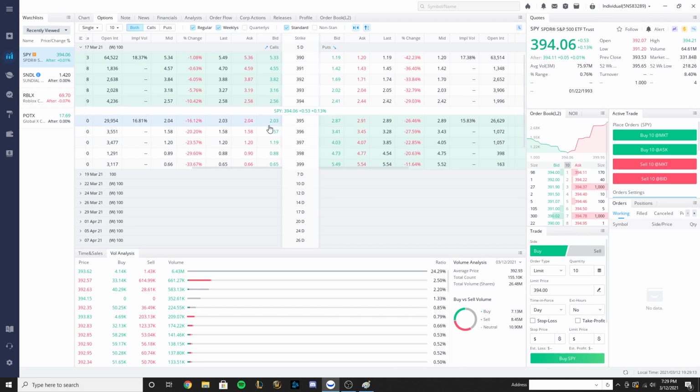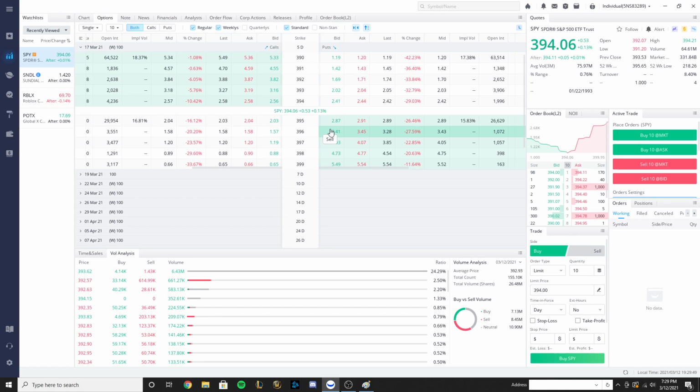So if we were to see, like, this is $2 out of the money. So if we were to sell this 396 way up when it was 396, we would be able to receive $256 instead of just 157. And then once it gets all the way down to 396, we don't have to sell the put right away. We can wait until it gets down to 398, and then we can sell that for